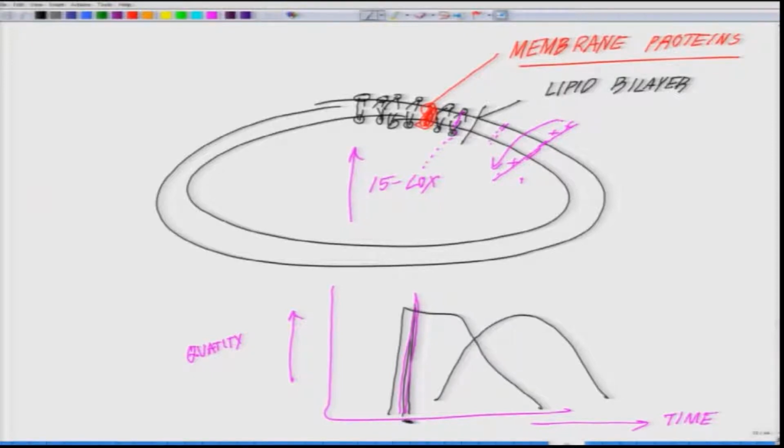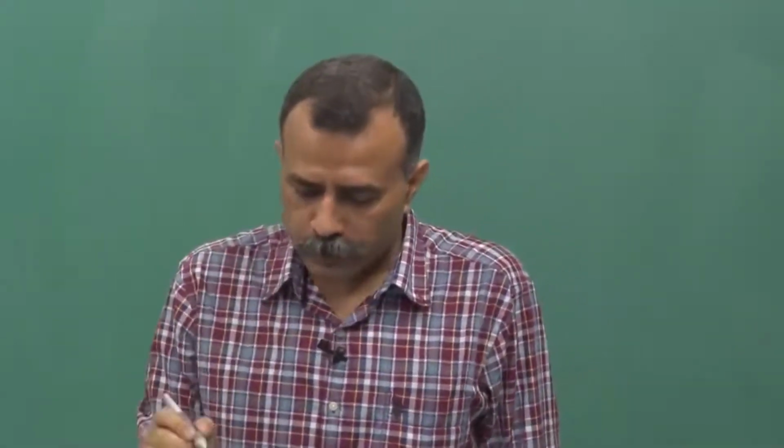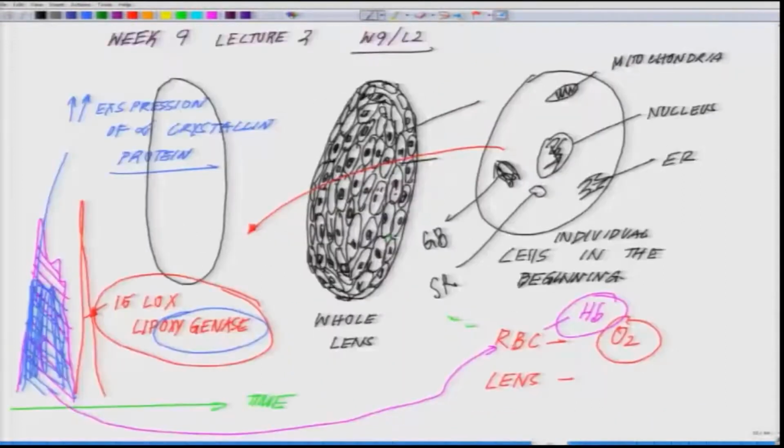It is interesting to note that 15-lipoxygenase expression is like a sharp peak. Almost the peak has no slope, zoop like this. But that zoop is good enough to create perforations in these structures, which is the nucleus, mitochondria,